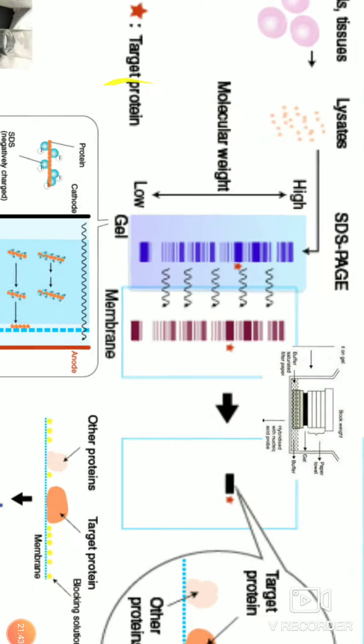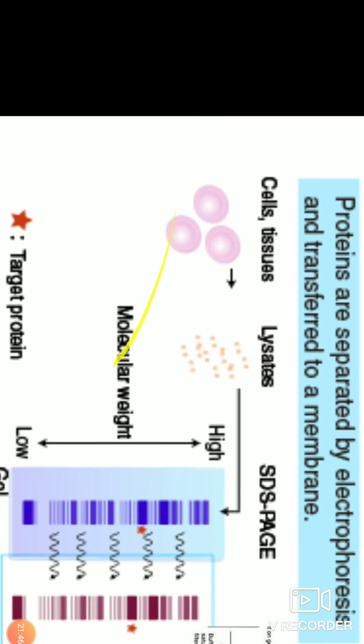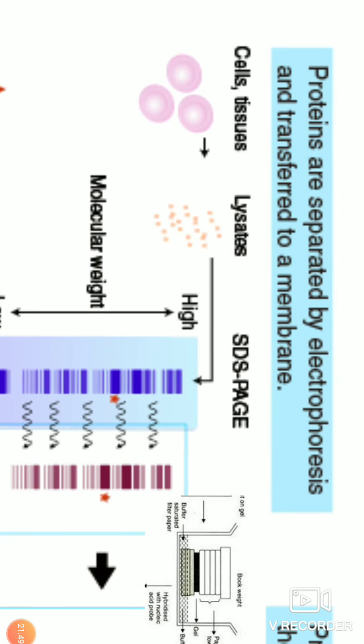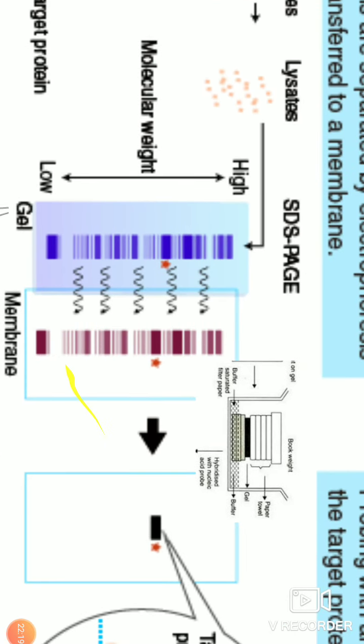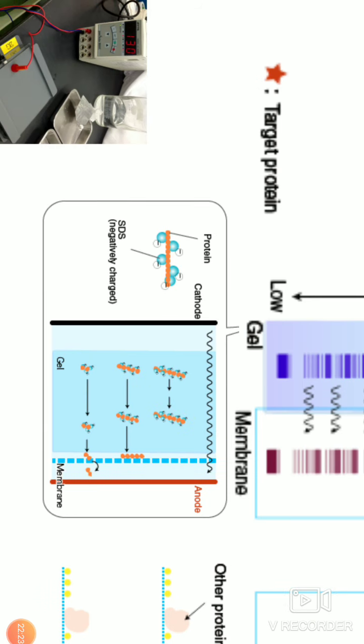Here the cells or any kind of tissue, it need not be only this, it can be bacterial cells or plant cells, are taken and lysate is made in a proper lysis medium, and they are separated by SDS electrophoresis. Because charge is uniform in SDS, and then polyacrylamide gel electrophoresis based on the pore size, you can separate the cell lysate into different kinds of bands. And this is the gel transfer, this is the separation mechanism.